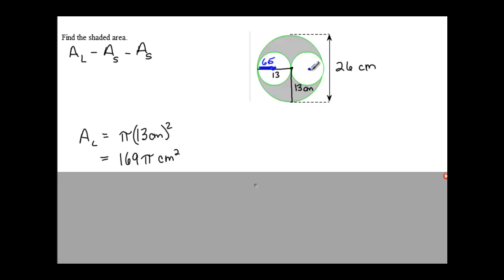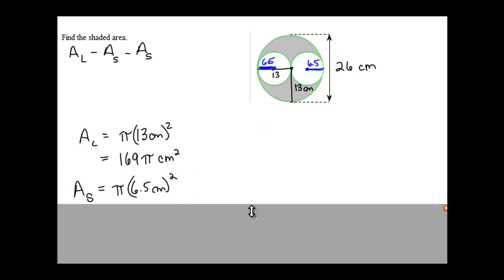The radius of this circle would be, and you can draw that radius anywhere in the circle, but I guess here would be better to visualize, 6.5 centimeters. Okay, so the area of the smaller circle would come from the radius of 6.5 centimeters squared times pi, or pi r squared,